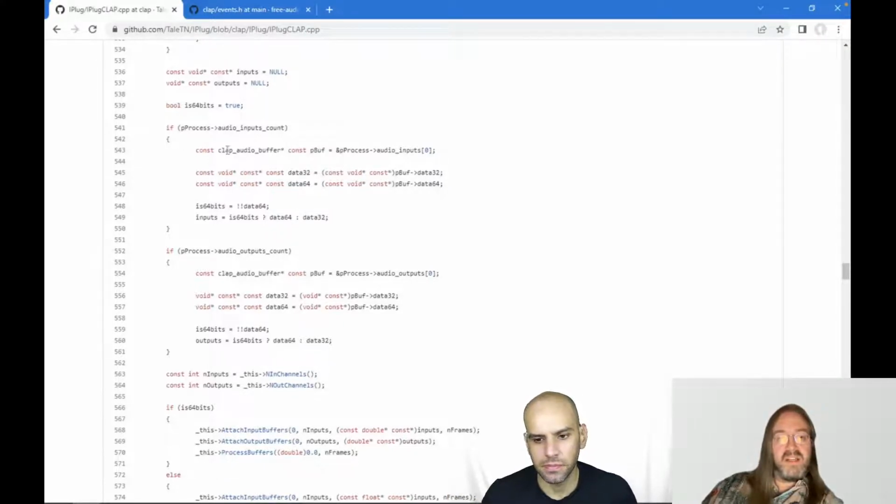Well, in CLAP I have to, because the host might not support 64-bit. So yeah, then I would have to do that. But I chose to just follow iPlug here, and iPlug originally also had that problem, but they just decided to allocate some temporary buffers so that you can always write your code in doubles and do the conversion last, on the fly, automatically.